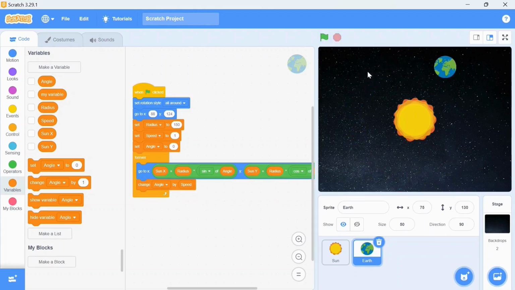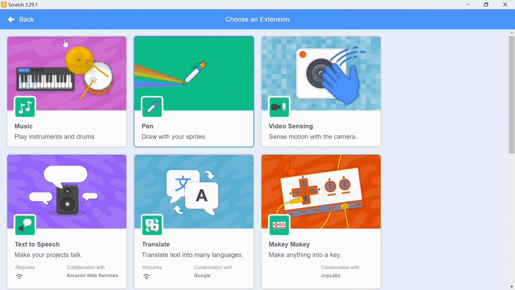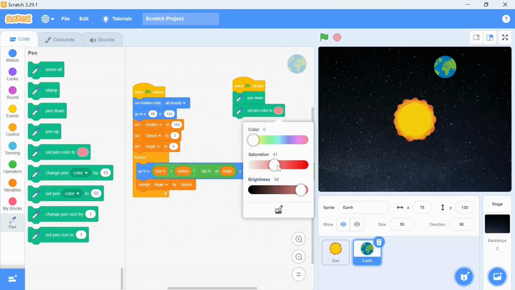Here I want, when it rotates, it to draw the orbit around the sun. For that I'm going to use the event block again, when the green flag clicked, and I will use one extension, that is pen. First of all I want to use pen down, and also I'm going to use the pen color. Here I want the white color, so I will choose white.